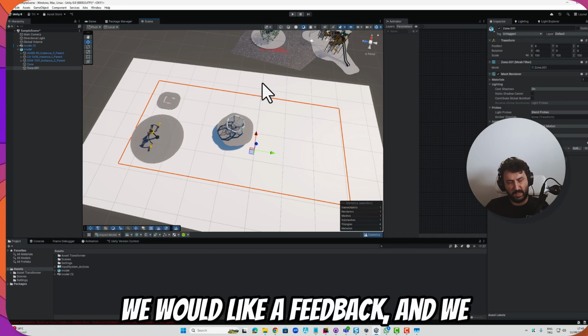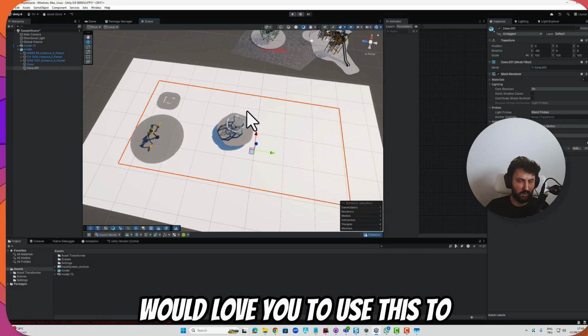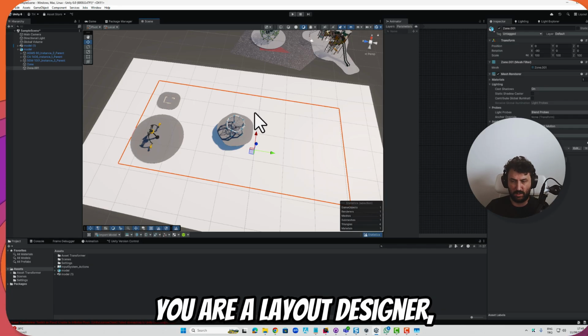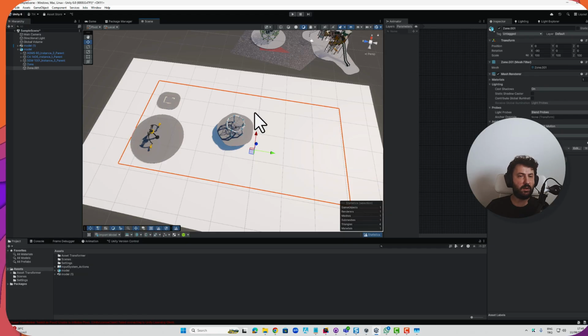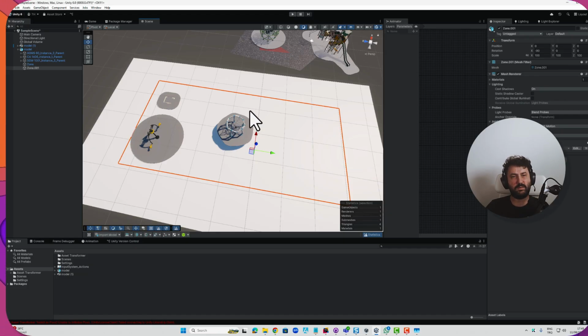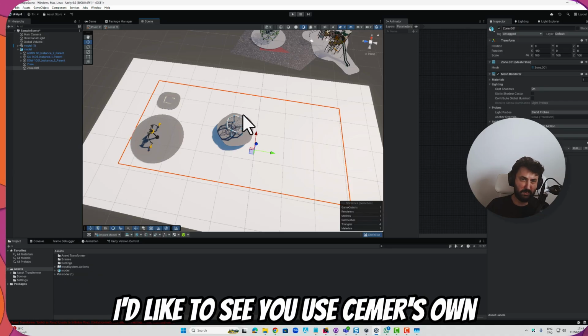We'd like your feedback and we would love you to use this to create your own parks. Whether you are a layout designer, a hobbyist, a salesperson, I'd like to see you use Gemr Zone, and I'll